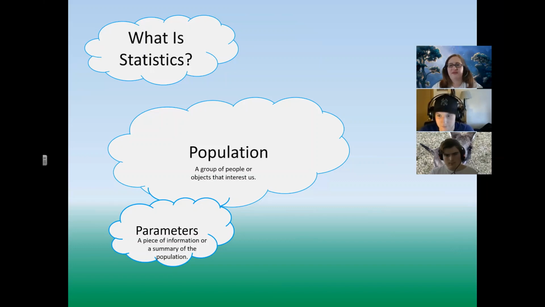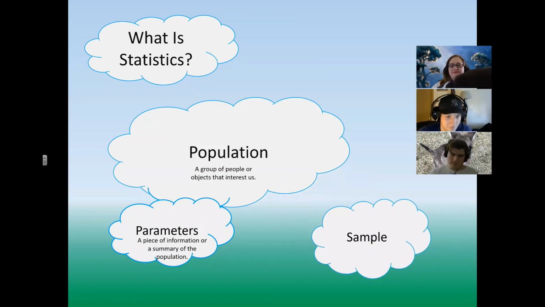Yes? Mm-hmm. But because the population is too big, we pull out a sample. And that sample is just a smaller but representative